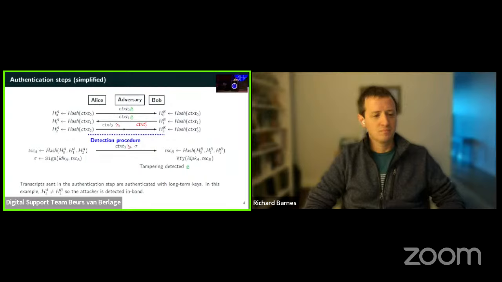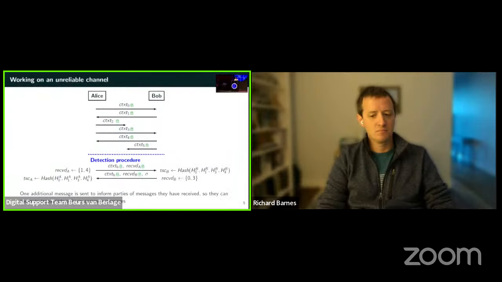And if there is some injection, like here, then he will detect that there has been some tampering because the signature will not verify. However, if the signature is correct for his transcript, then he can be convinced that only the holder of the identity key of Alice would be able to forge such a signature, and he can be convinced that they have seen the same ciphertext.